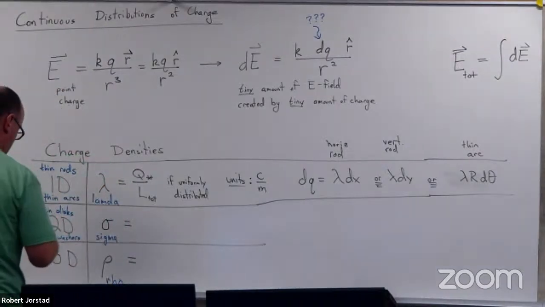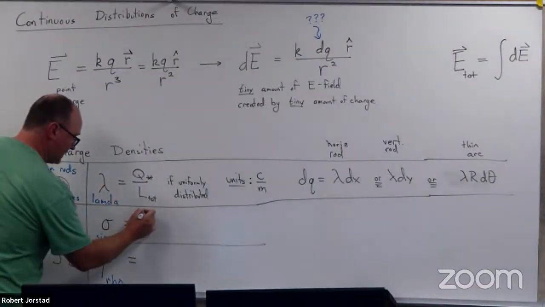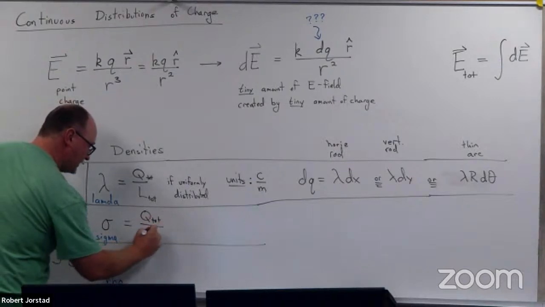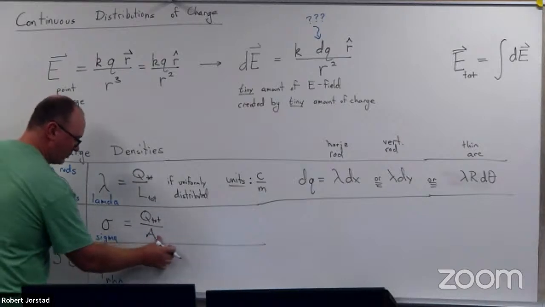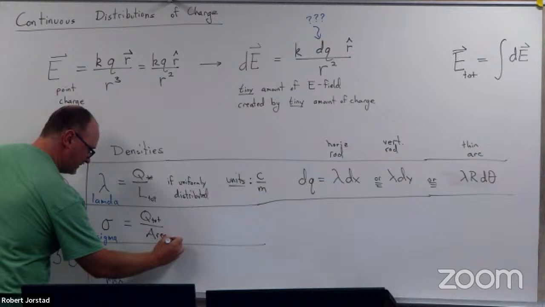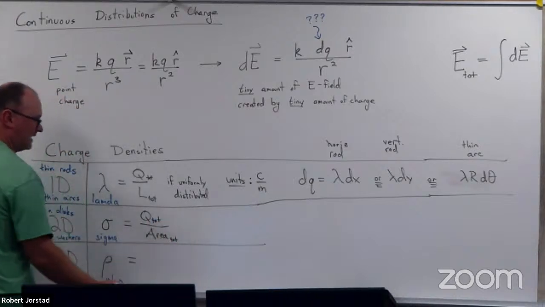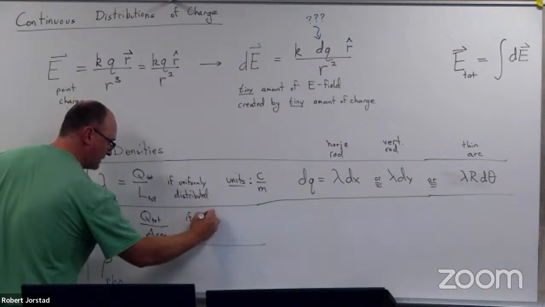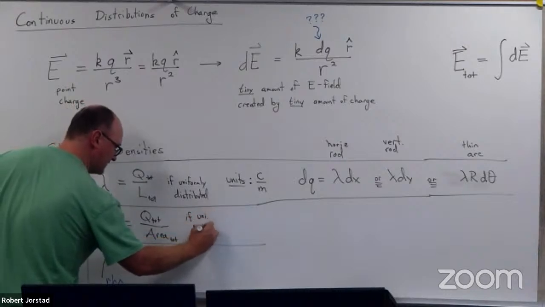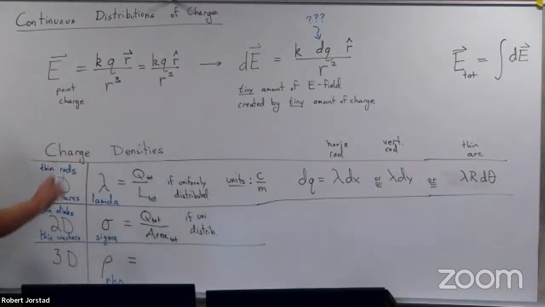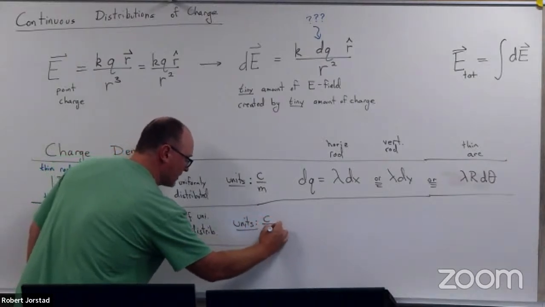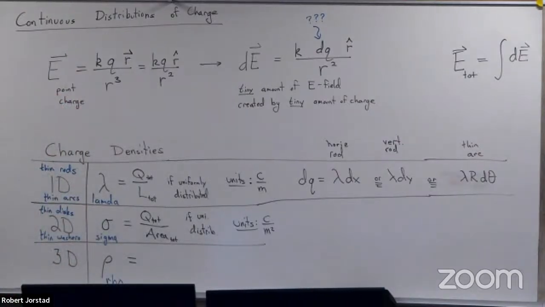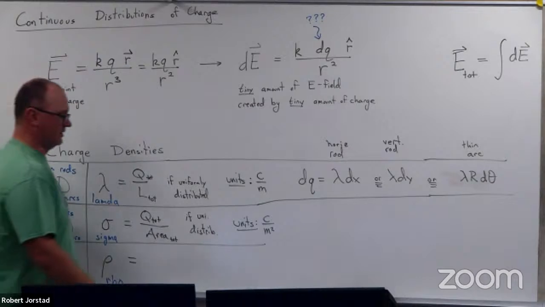More on that soon. But in 2D, we're going to get charge over area total. And maybe I'll write the word area here just for this one time. And that's if it's uniformly distributed, so assuming the charge is spread out equally over all parts of the disk. Notice the units are going to be a little bit different: coulombs per meter squared. And then dq